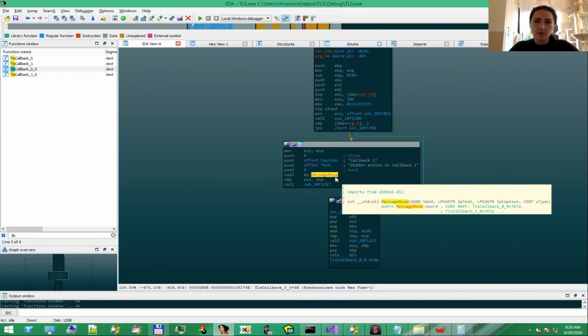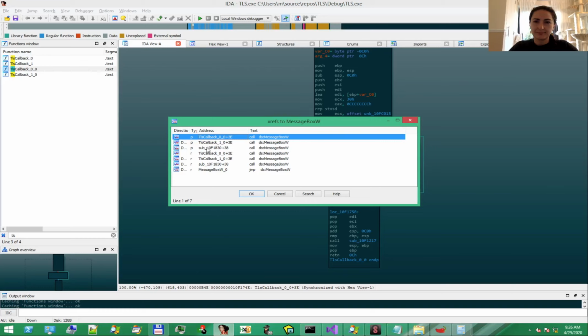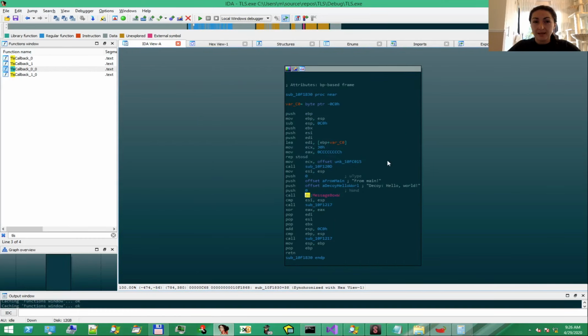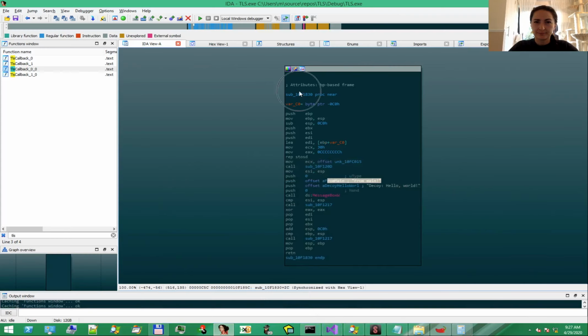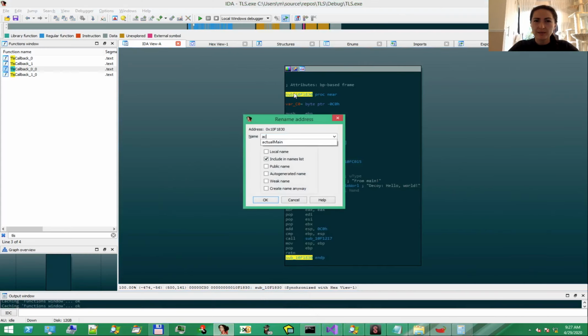Let's see all the cross-references. This is the actual code we wrote in the main function. So here's the code. We'll rename it, just for convenience, to actual main.